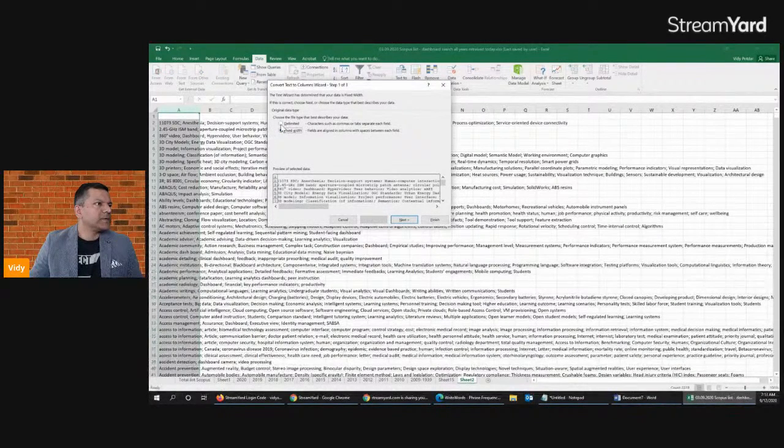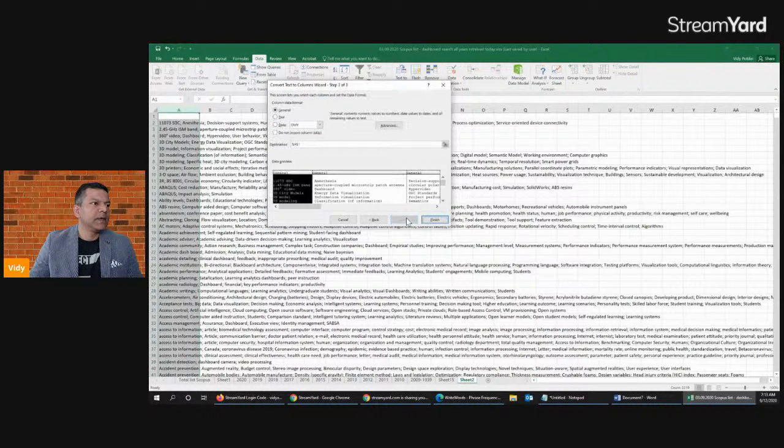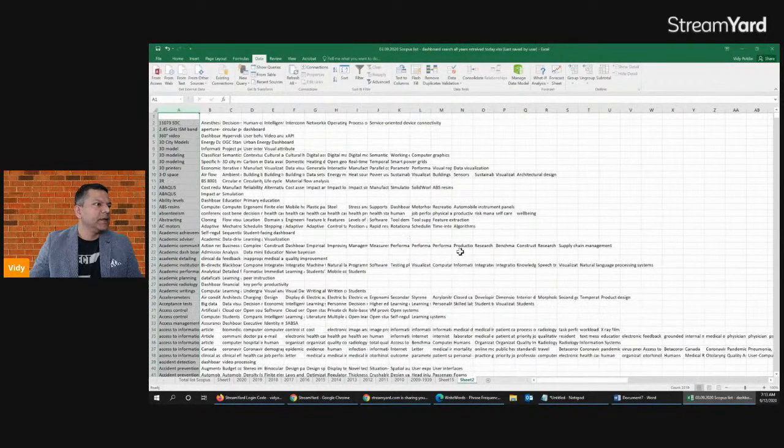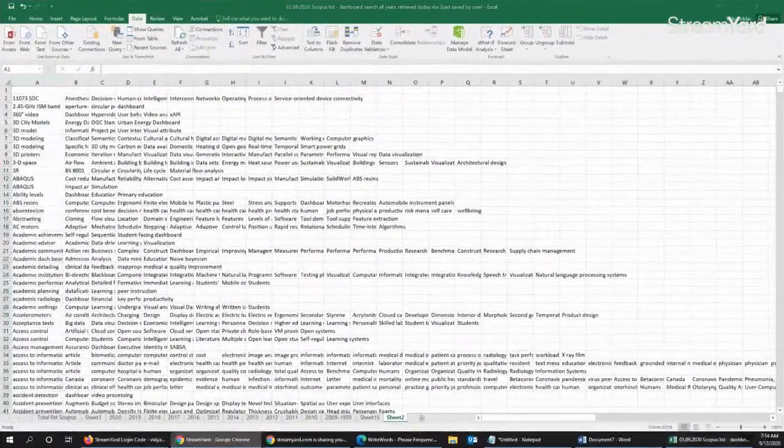It will ask you whether it is fixed width or delimited. I'm going to choose delimited because there is a semicolon in between. Click next. Select semicolon as the delimiter. Click next. And I want to save it just as general text. I'll click finish. So now what has happened, you can see here, is